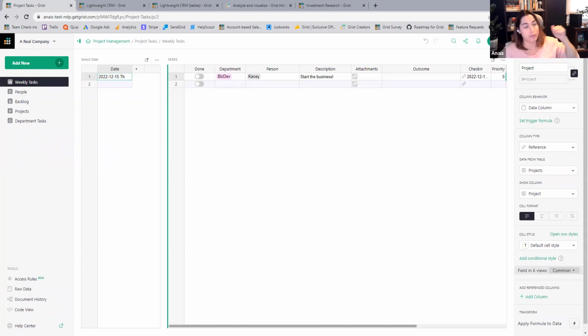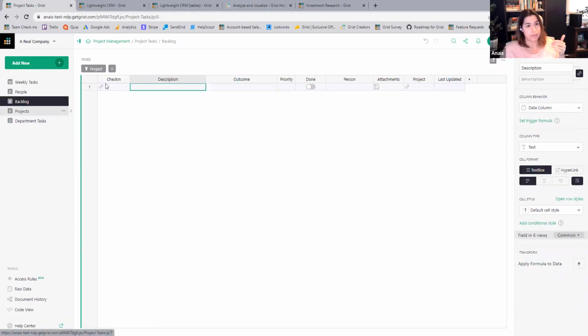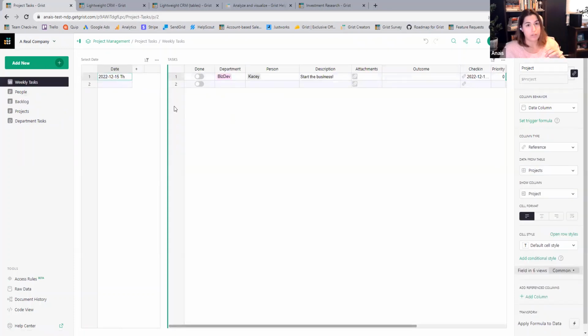Just to review, the way that I would go about it is first look at raw data, see what your tables are, understand the references between them, look at any formulas. Then rename, just simple renaming of columns, pages, which is what's on the left, widgets, which are the windows, and then tables, which is the data table. Then you want to look at sort and filter, make sure you're getting the views that you want, any column formatting, changing things to choices, changing references to reference lists, add any columns that you need, add any conditional row